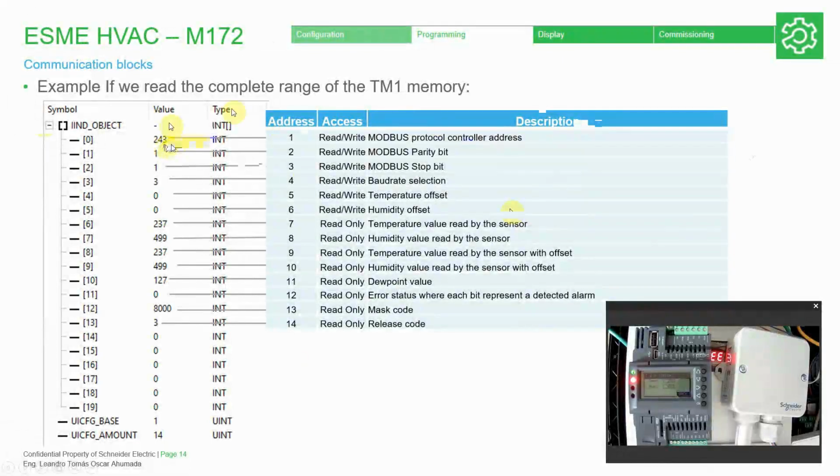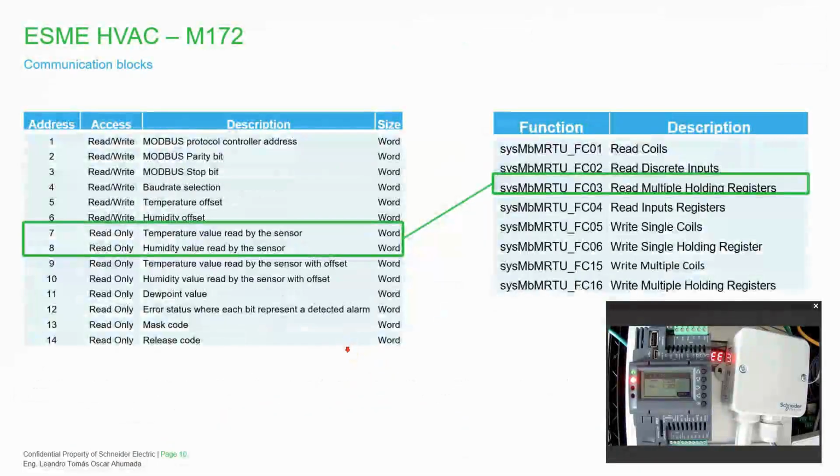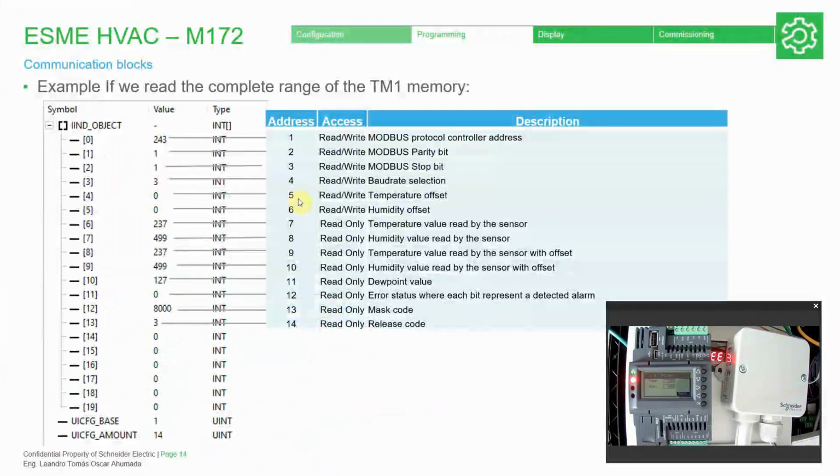Okay, this is an example. If you want to read the complete information from the device, okay, the complete from the 1 to the 14, okay. This is an idea how is the visualization of the complete data. Okay, you can see here the address and everything is in there. Okay, so what we're gonna do now is to explain another way to use the Modbus master of the PLC,